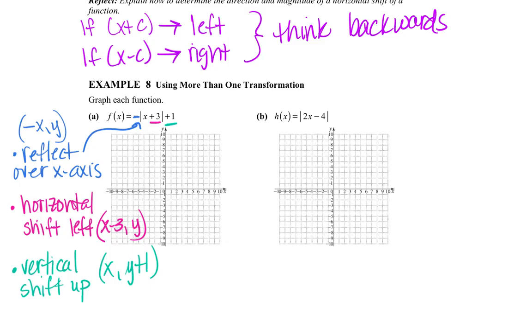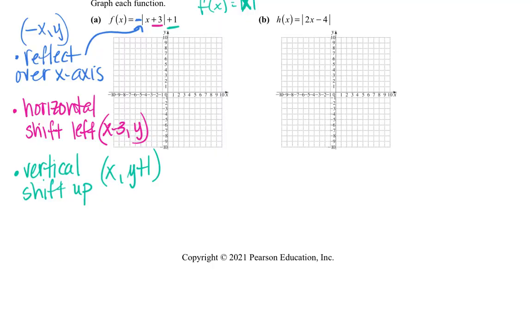So that's what is happening to the original function, the absolute value of x. If you knew this graph here, then you would change your x values, change your y values, and so on. So let's do a little table here,